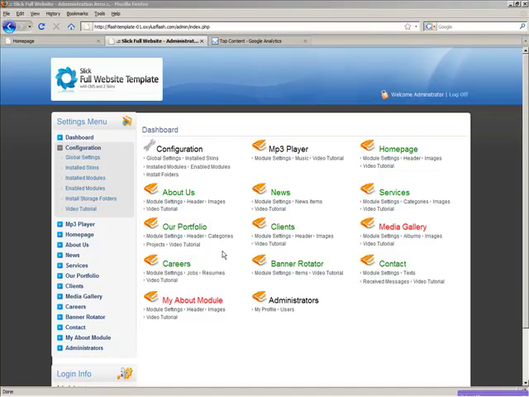In this tutorial, I'll show you how to do the first configuration for this template. Add modules, choosing the right scheme, basically all the things you need to know to start building your site using our administration panel. The configuration section has the following subsections: global settings, where you can add the settings affecting the